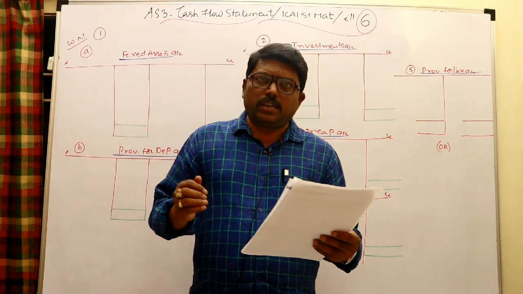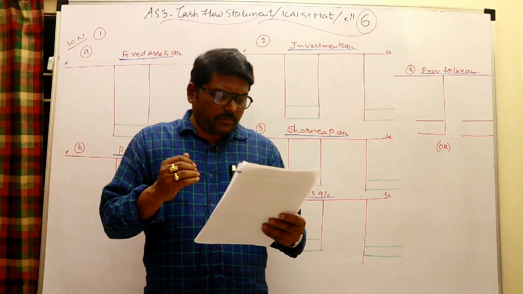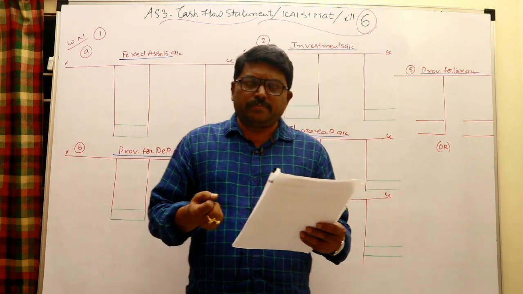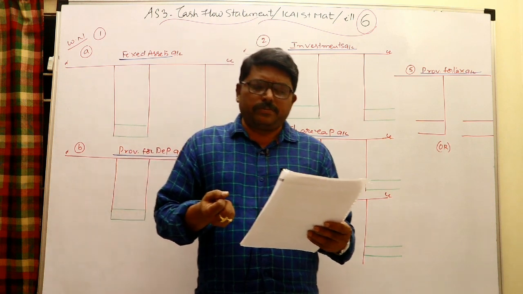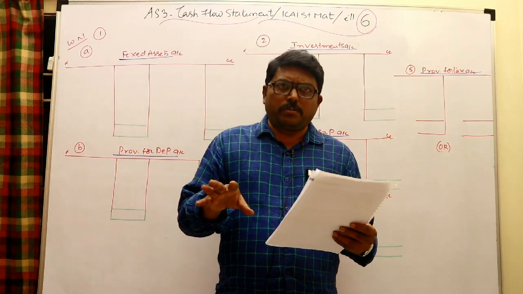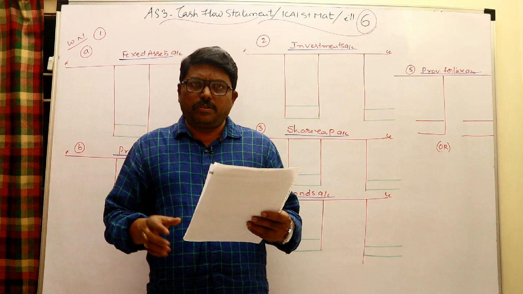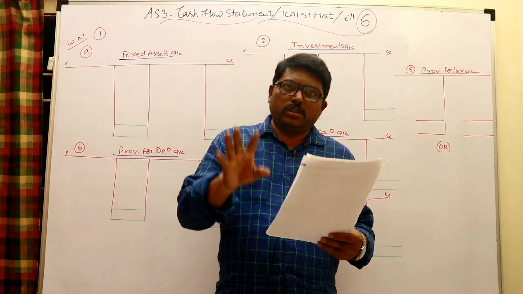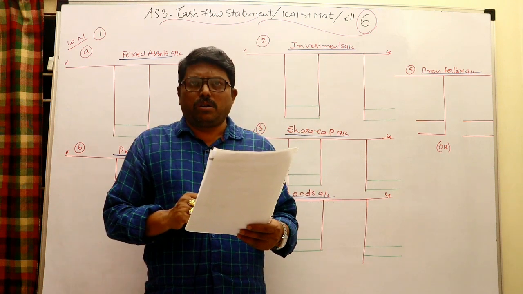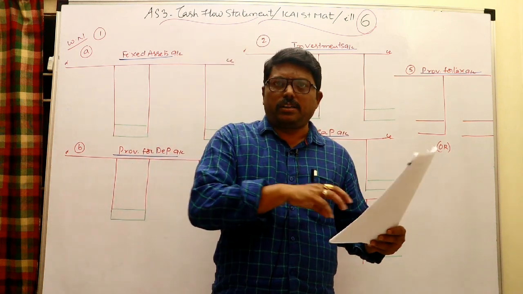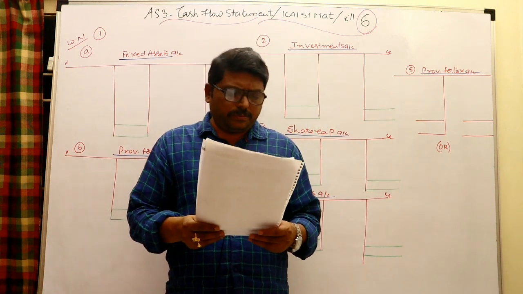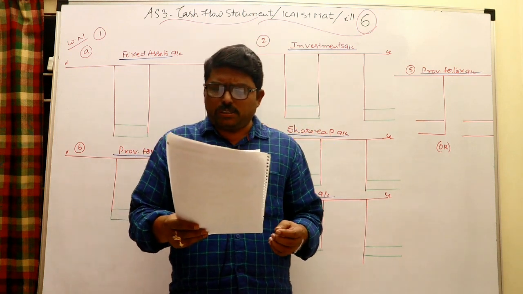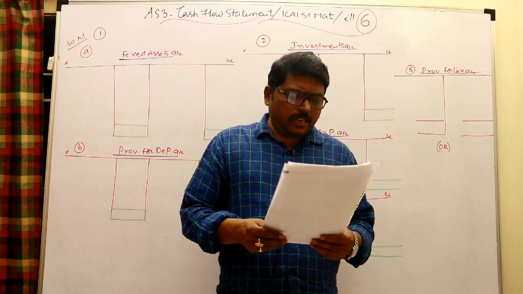First I would like to read the given information and try to understand it. While reading the information itself, I will explain where each and every item is to be recorded in the cash flow statement, like operating, investing and financing activities. Later, while preparing the cash flow statement, whatever we discussed right now, we can just write in the statement.